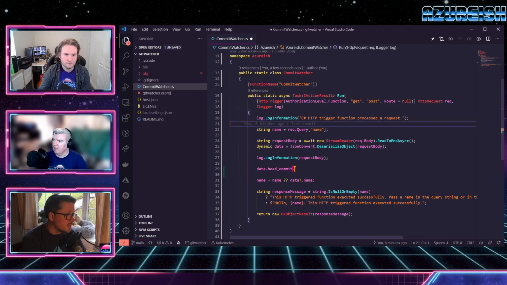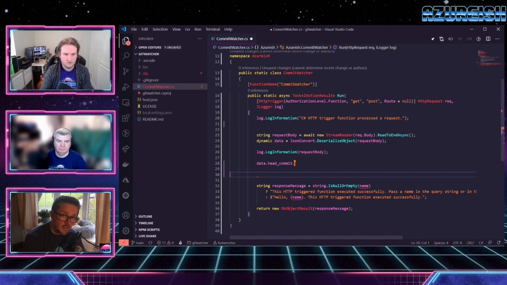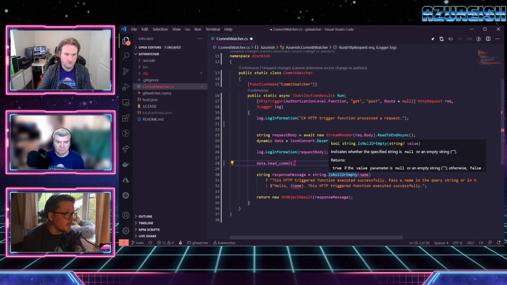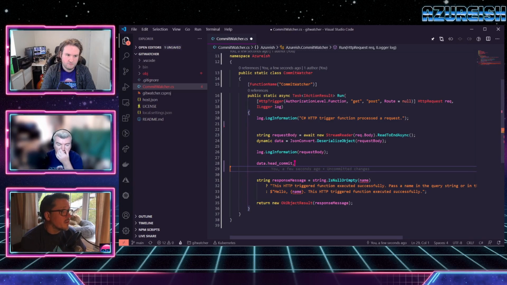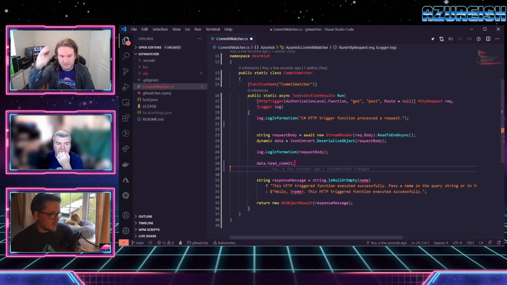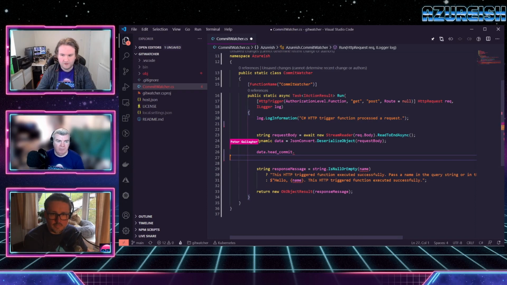But the beauty of this is that we are using a dynamic object, and I find it interesting that we're still including Newtonsoft as the default JSON deserializer, even though we've now got System.Text.Json. Yeah, you're right, which still can't do dynamic. So I'm going to take out all the System.Text.Json. Whilst you were doing that, I'm going to take out all the name stuff, the precursor bits. Yep, and that log can go as well above it. We don't need that anymore. It's just going to make things confusing.